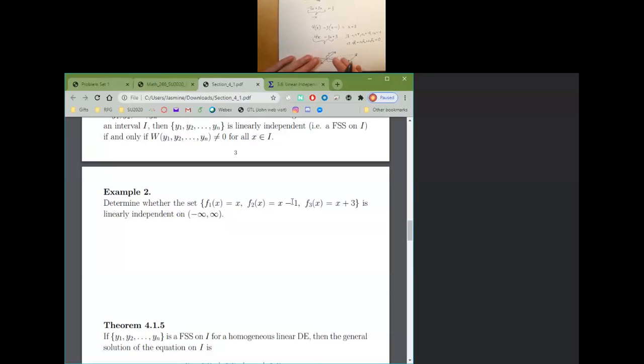So, in conclusion, this is not linearly independent on the entire real line. In fact, I believe for any value x,